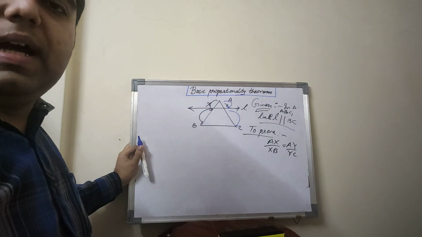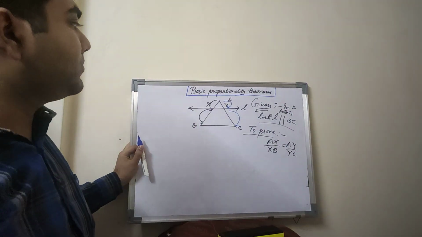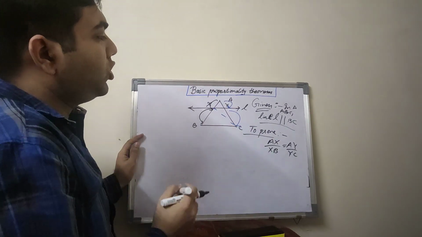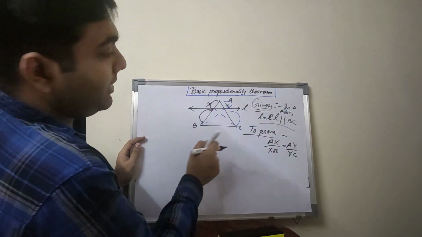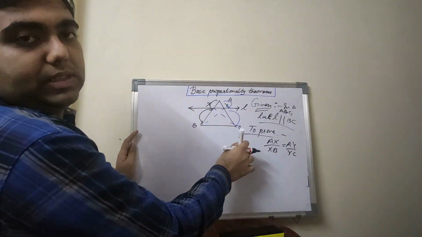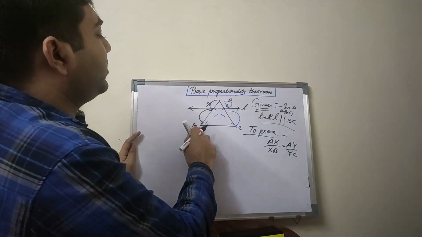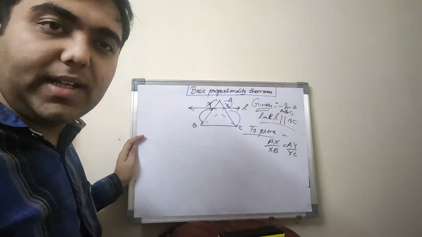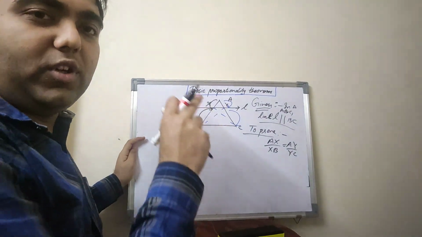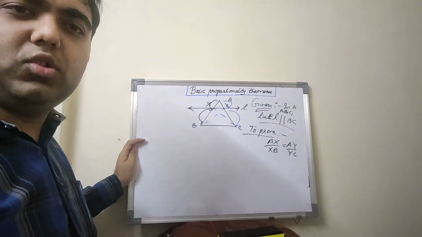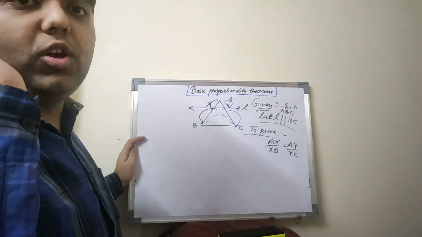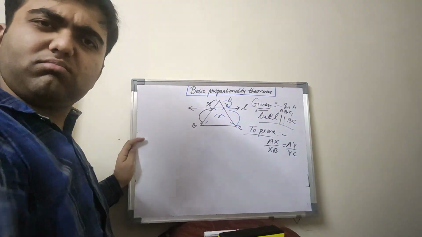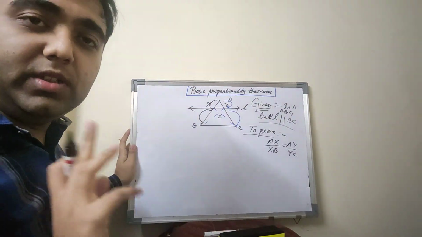Now, I'm going to do a special construction. The construction is not much, but I'm going to just join X and C and Y and B. The points X and C are going to connect, and points Y and B are also going to connect with two lines. These two lines are dotted lines. Whenever we are doing construction for purposes of proving any theorem, any result in geometry, the lines are always going to be dotted. Let's say they both intersect in point, suppose Z. Okay, you have to mention it in your proof.